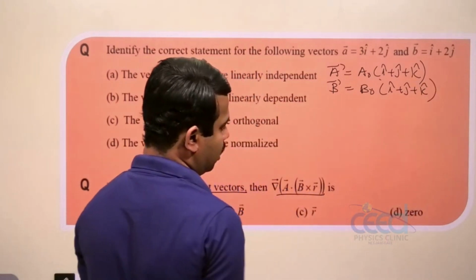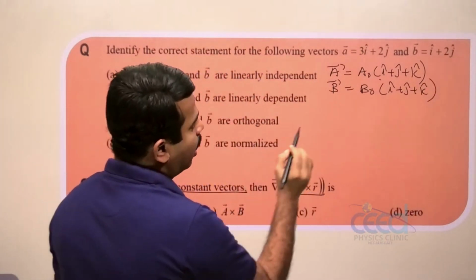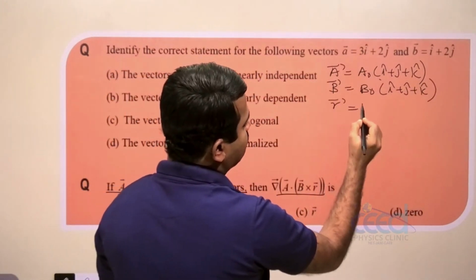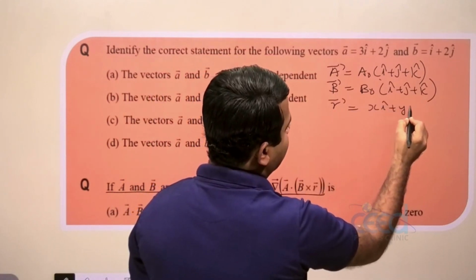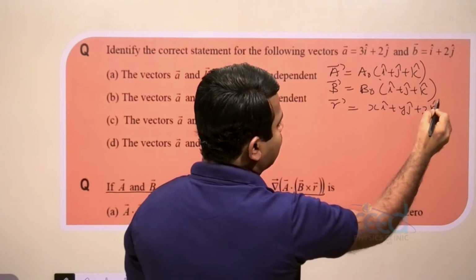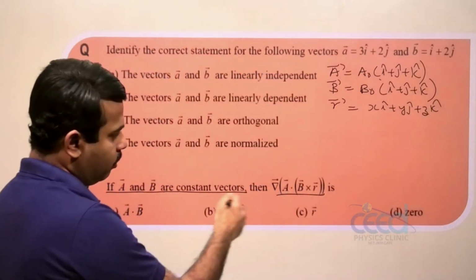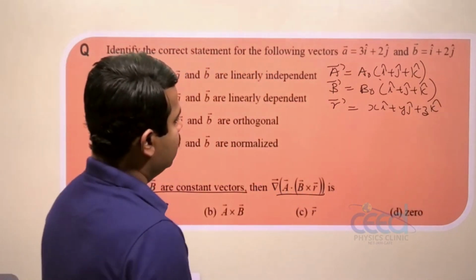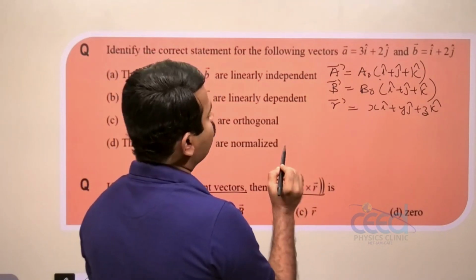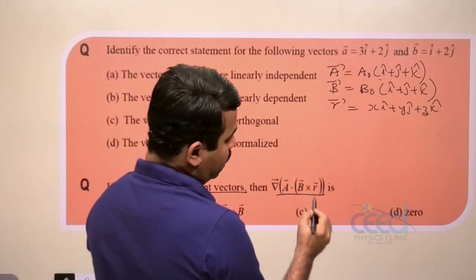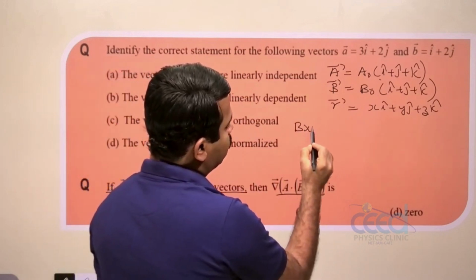Now the other parameter, R, is the position vector. What is the position vector? It is x i cap plus y j cap plus z k cap. Now let us calculate this, then only we will know which option is correct. Gradient of, what is gradient? First we can find B cross R. What is B cross R? Right, B cross R is equal to